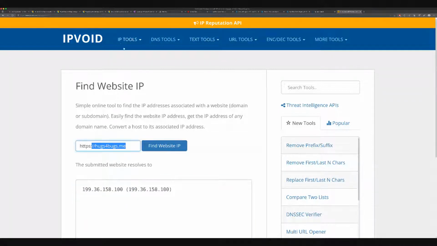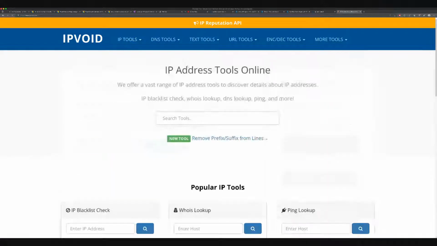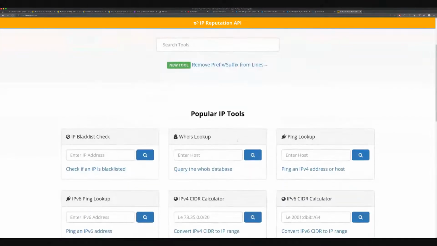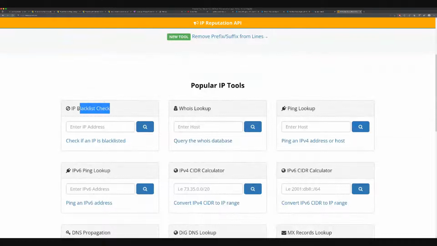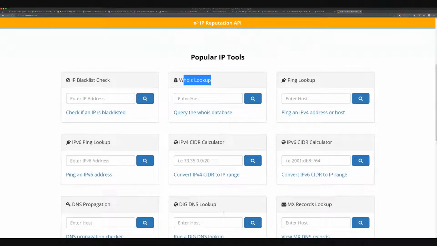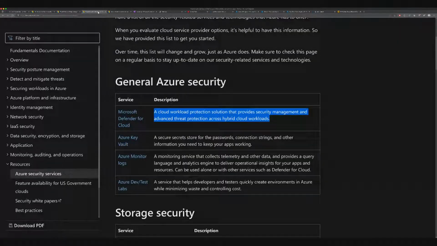So what this tool does, this is again an open source tool, and they have a bunch of things listed: IP blacklisted, IP listed, who is the DNS provider, who is using this IP and from where, ping, IP ping calculator, DNS, all those things. Basically, why I am telling you this is that on the basis of these common things, Microsoft itself provides